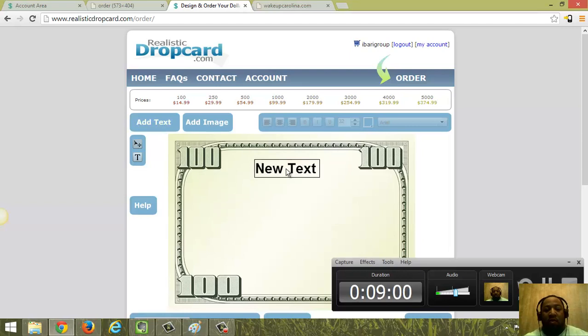You take this box, you can move it wherever you want to. To actually add the text here, you want to click on this T over here in the left corner. Click on T. That makes the box disappear, and now you can work on the text here, and you can do your magic. So this is where I put disappointed,